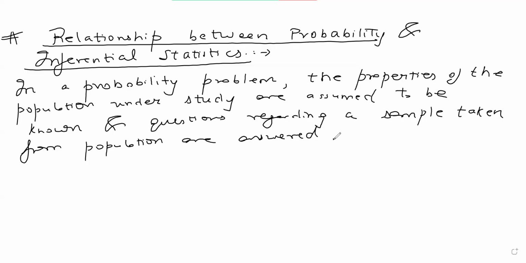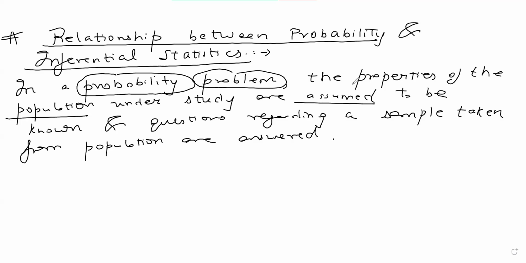So in probability, what happens? In probability, we assume that we know the population. When we talk about solving a probability problem, we assume that the properties of the population are known. And we question about the sample. Okay. However,